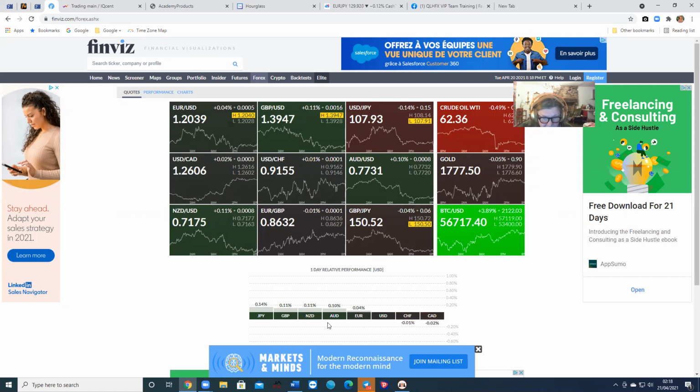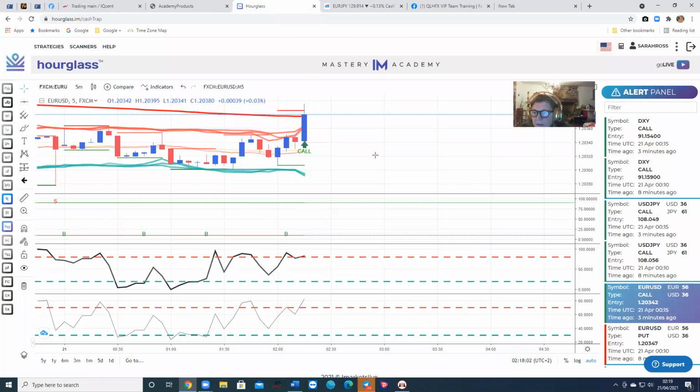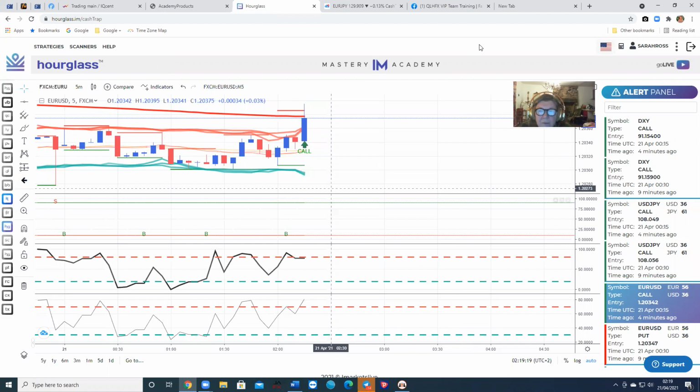So the rest have stayed the same. Euro, it's just the Japanese yen has become very strong and the US dollar has weakened. Oh, the US dollar's weakened. So it's become behind there. Okay, so let's go back to HourGlass. It's just wicked off that level. Let's see if it gives us, we're coming up to 20 past. Is it going to give us a,